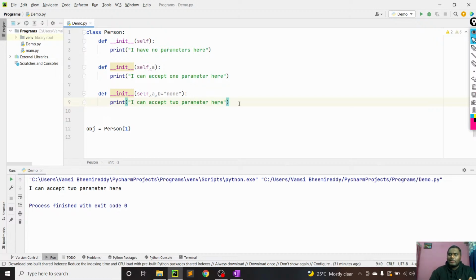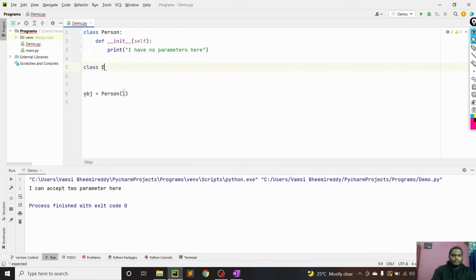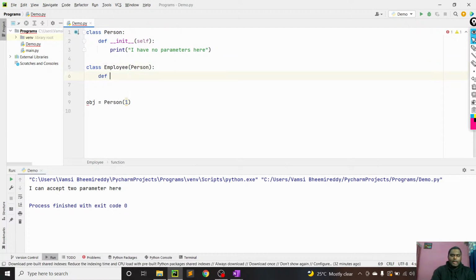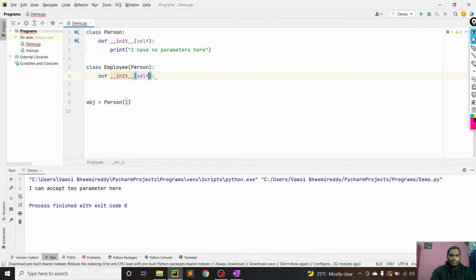So I guess we are done with overloading. Now what is overriding? Yesterday we discussed that we will be having two classes. Let's see, I have another class called employee, which has been derived from the person class, and in its init, along with self, I will be accepting name, ID, which is the employee ID,